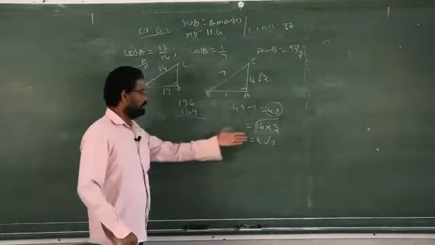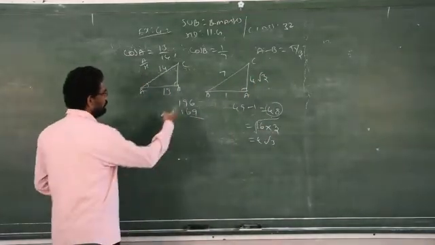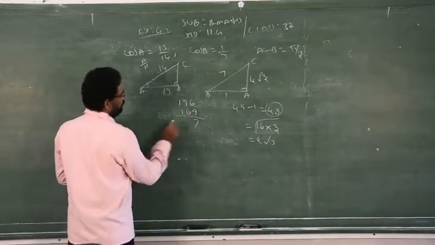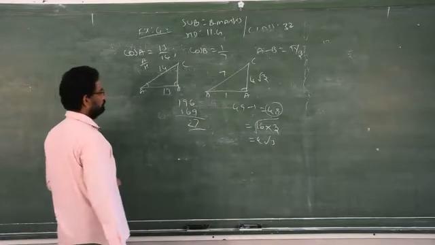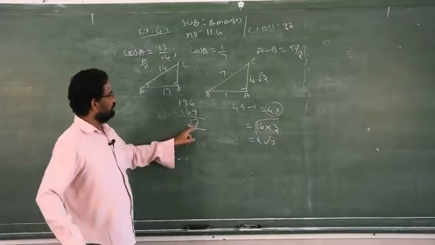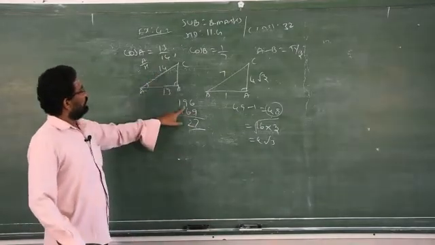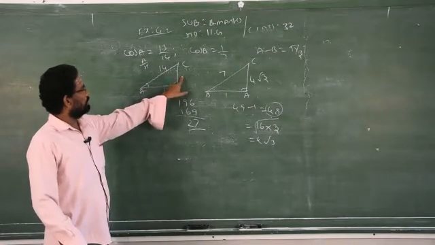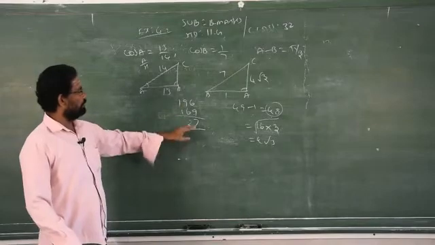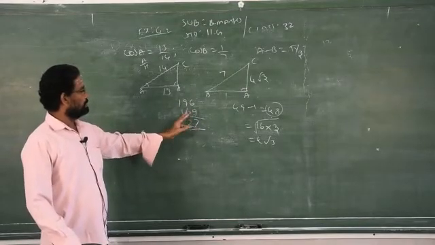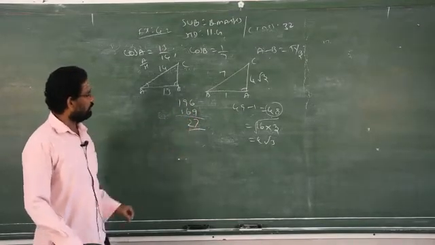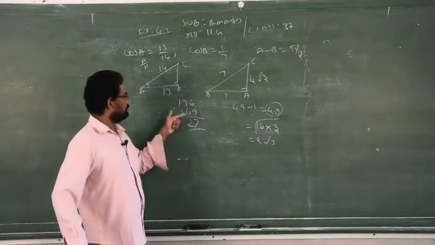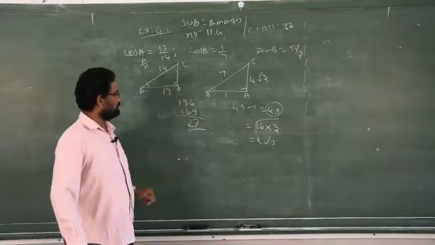This process you learned already in 9th standard. Clear? So now you subtract this one, 7. What about this one? 196 minus 169, so 27. Just you have to subtract and see. 14 square is 196. 13 square is 169. So if you want to find out other than hypotenuse, you have to subtract. When you subtract, you will get 196 minus 169, you will get 27. You check whether it is correct or wrong. 9 plus 7 is 16, remainder 1, 6 plus 2 is 8, 8 plus 1 is 9. So your answer is correct.